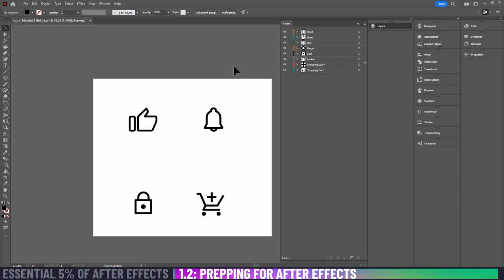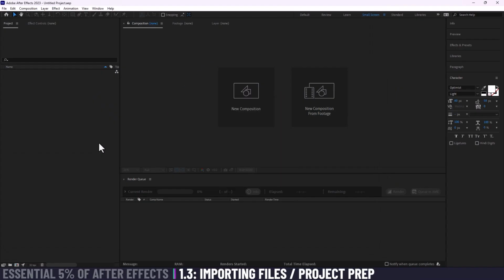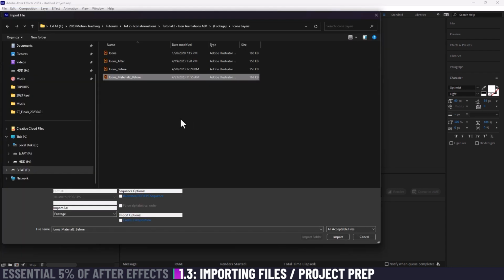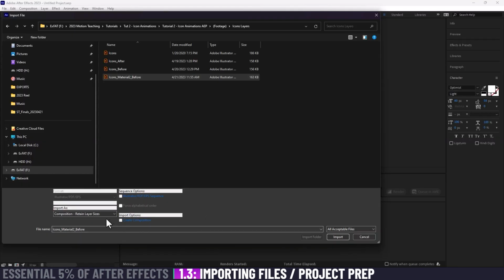Save this. And now I'm just going to go into After Effects and import this file and show you what it looks like. So here I am with a blank project. I'm just going to double click right here in the project panel and import. Okay, so I've got the file right here. Now before I hit the import button, I want to make sure that down here in this drop down it's set to import as composition, retain layer sizes. Now once I have that selected, I'll hit import,